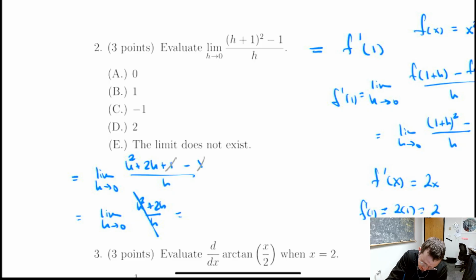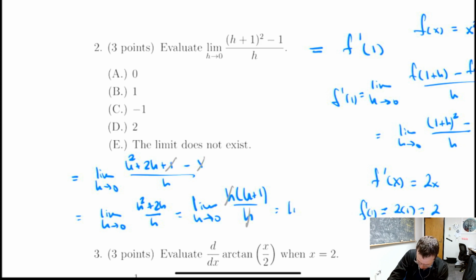But still, a common mistake would be to try to cancel somehow with just the first term. What I recommend to avoid any cancellation issues is factor an h out of the numerator. These h's do cancel, so you're left with